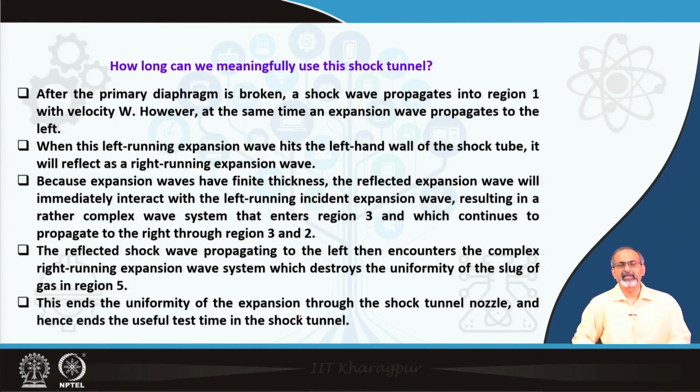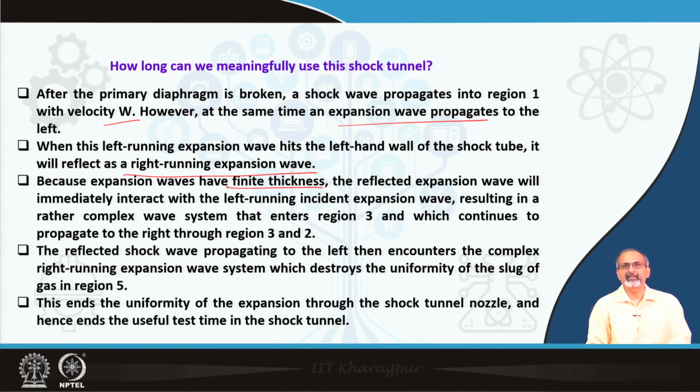How long can this meaningfully operate? If we recall, after the primary diaphragm is broken, a shock wave propagates into region 1 with velocity w. However, at the same time an expansion wave propagates to the left. When this left running expansion wave hits the left hand wall of the shock tube, it will reflect as a right running expansion wave. Because expansion waves have finite thickness and there will also be a mix of simple and non-simple wave regions,